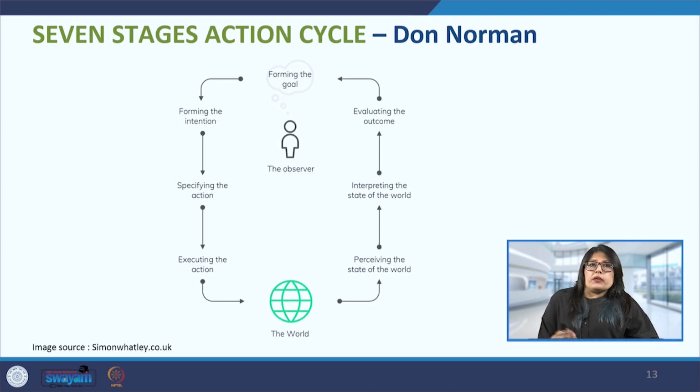Similarly, in the digital domain, different types of buttons also tell the user what the user needs to do with them, whether they should press them, slide them, pull them, or what needs to be done. That is an important function; it has to be communicated to the user so that they can take the appropriate step. Next is the feedback.